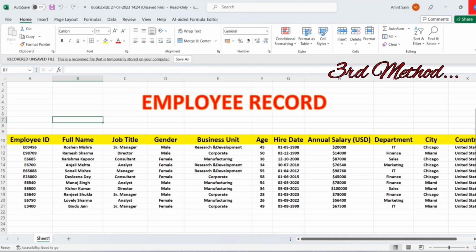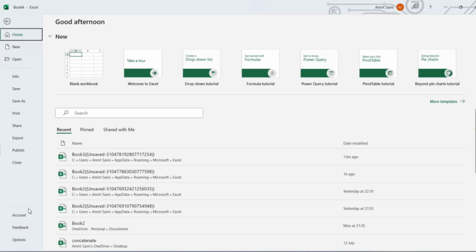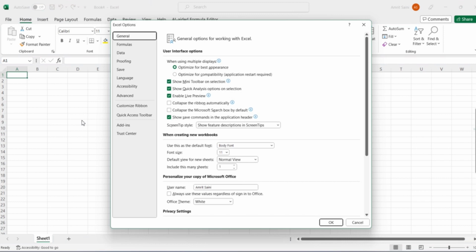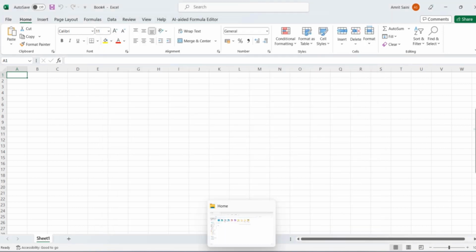Third method. Again, you need to open a blank Excel file, then click on File, then go to Options. A dialog box will open. Here you have to click on Save tab. Here Auto Recovery Information option, you have to set it to 1 minute. So MS Excel will automatically save your work every 1 minute and keep the last auto recovered version if I